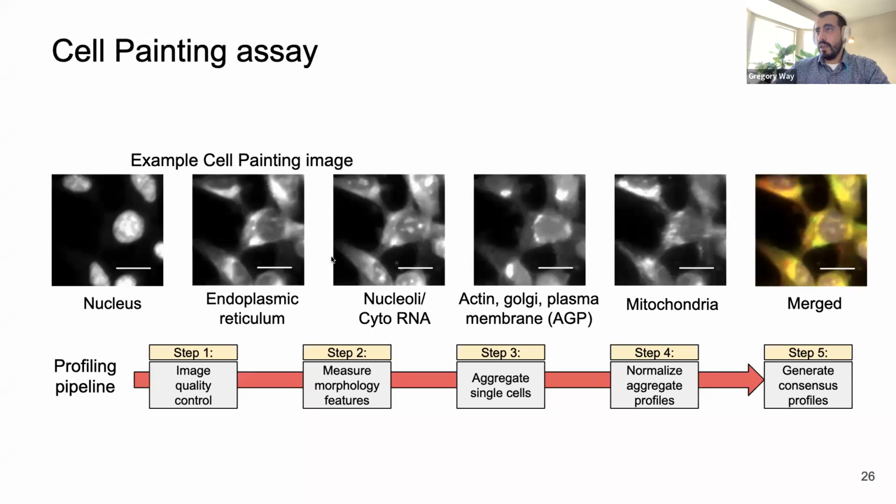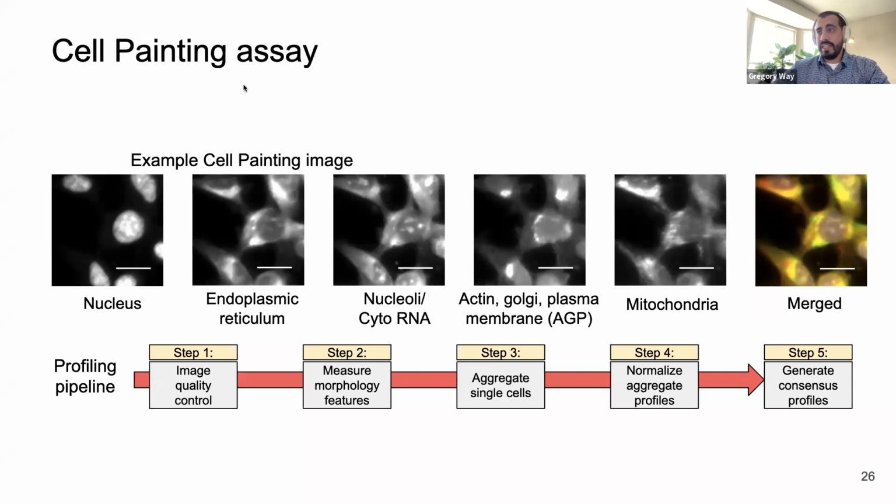This is an example of the complexity of the image, even in a single cell line, which one might think is rather homogeneous. There's really quite a lot going on. You have these exploding cells with very high DNA damage. You have cells throughout the different stages of the cell cycle. There's quite a lot going on.